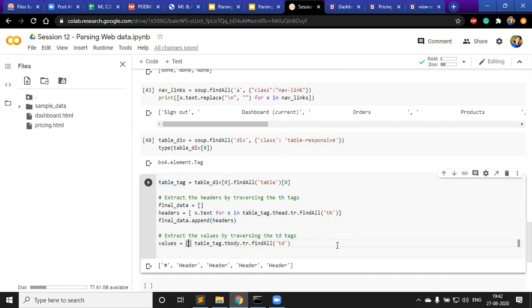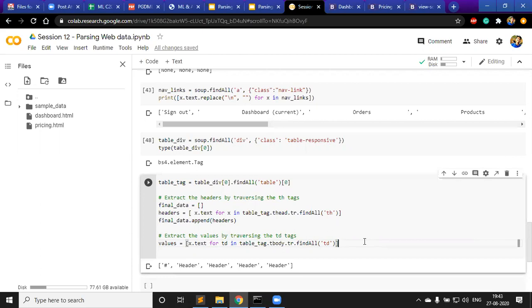I will say value is equal to a comprehension, right? In that comprehension, I want to get a text for all the rows. So for TD in TDS, right? TDS, yeah. This one is my TDS. So this is it, I hope. So now what happens is that,